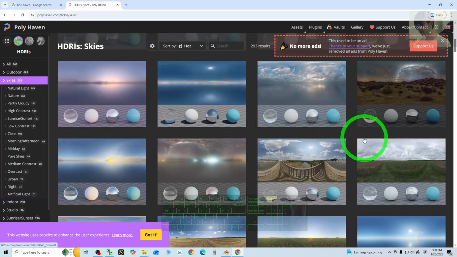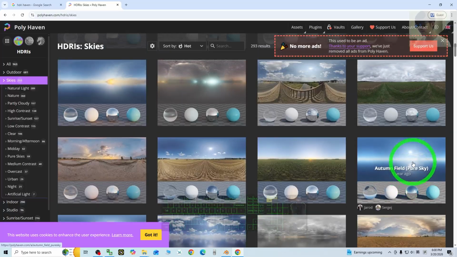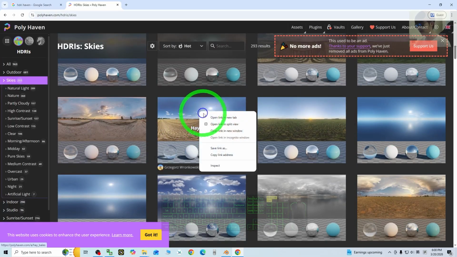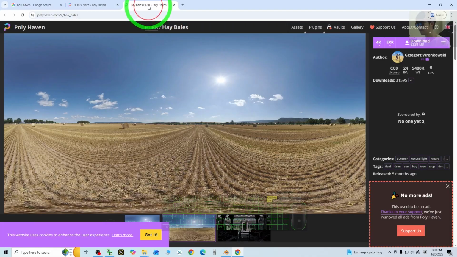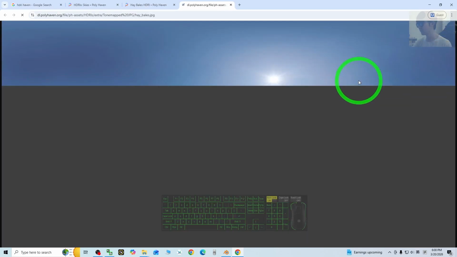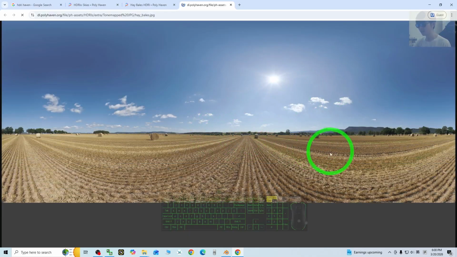So just choose the sky that you want. For example, if I want to have this sky, I right click and open in a new tab here. Then click the download. Click the triangle here. Just download the 8K tone map. It's just simple. Now, this is an